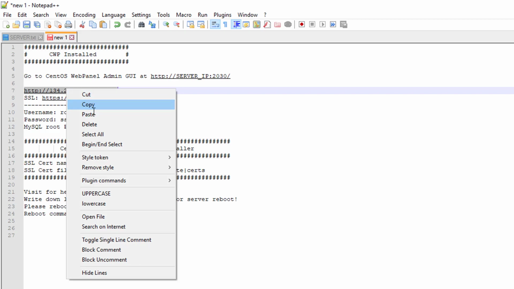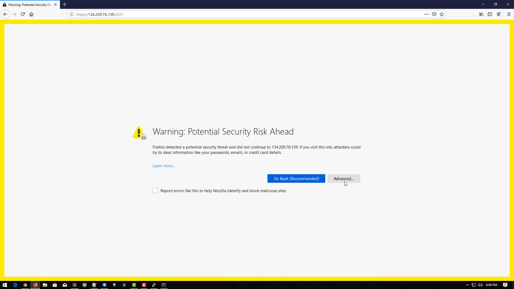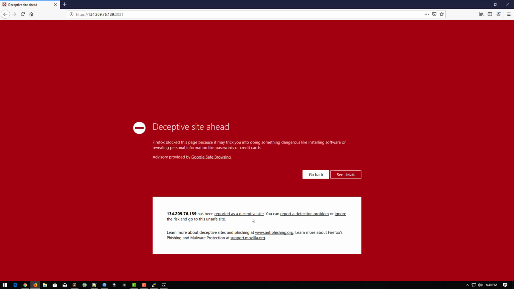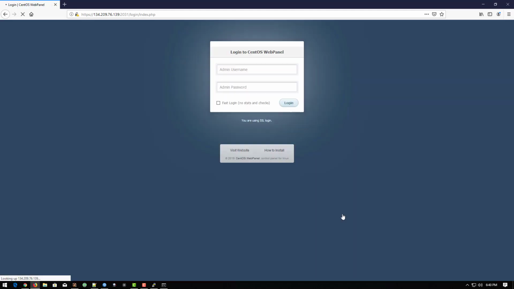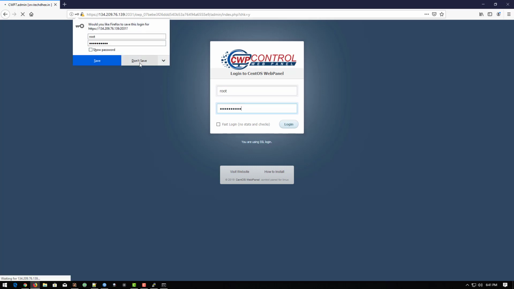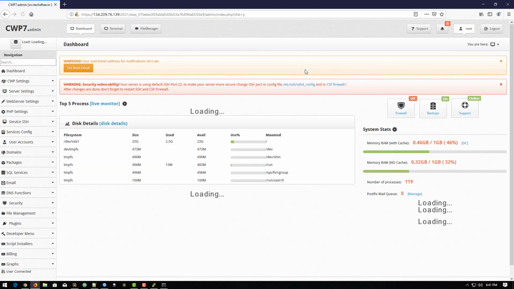and now we have to open the required path. So this is the way how we can log in from the browser. Simply enter the username as root and the password, and log in